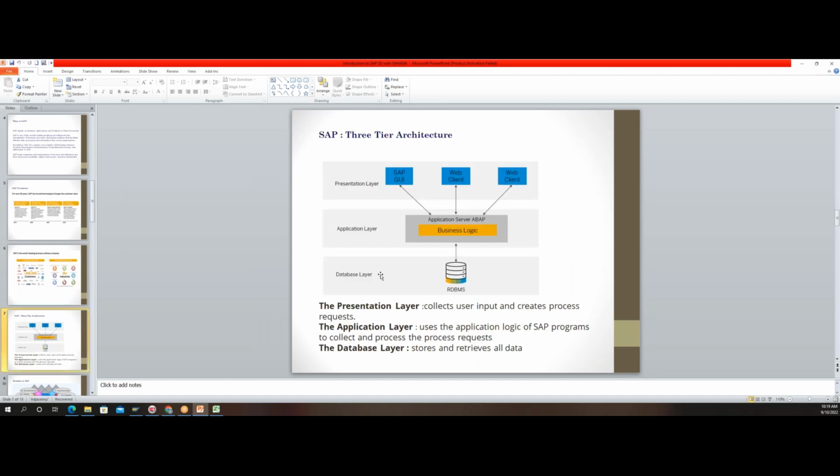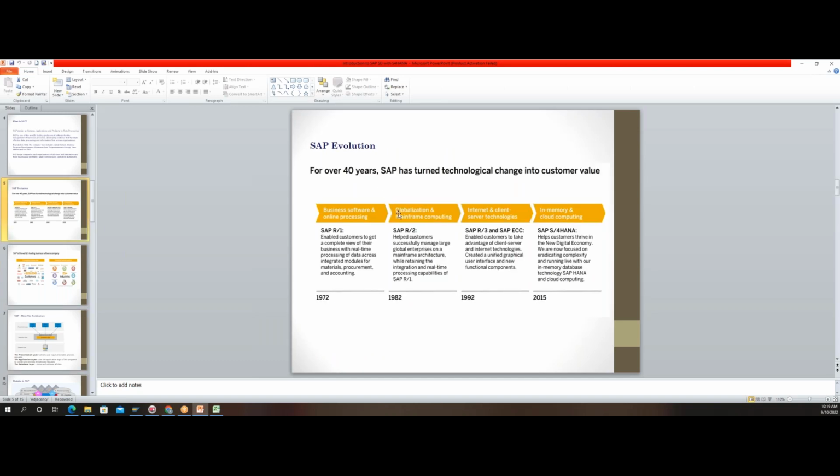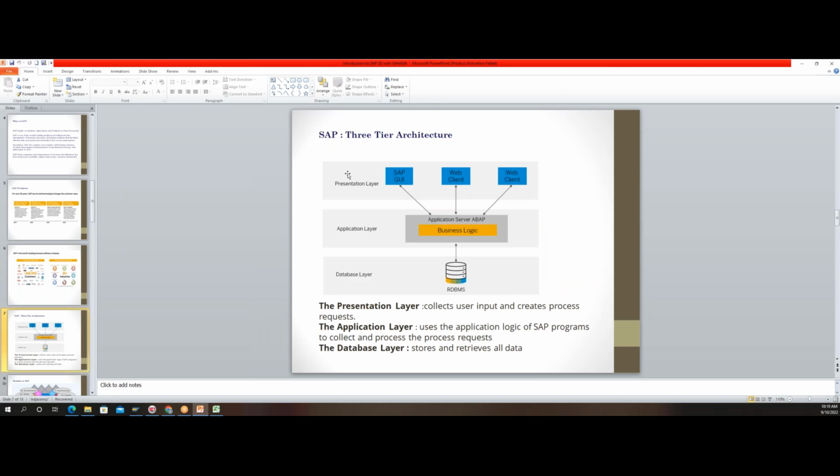All right. Now in this slide, we'll try to understand what a three-tier architecture is. We saw here there is something called R3 and client server technology. So what is an R3? It's a real-time three-tier architecture. Now what is a real-time three-tier architecture? Have you been to supermarkets? I hope everybody has been to one of the supermarkets in your locality. So what happens there? You buy a few articles, you put them in your basket, you come to a billing counter, they scan those products and they perform the billing.